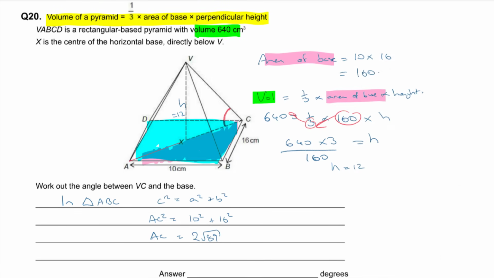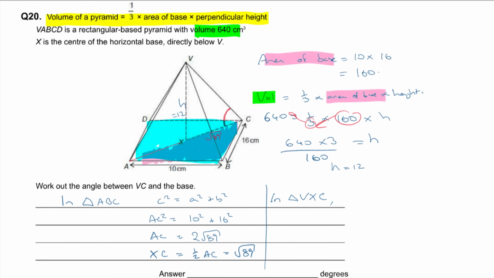But I don't want AC, do I? I want XC, and that's half AC, isn't it? So XC is going to be half AC. So that's just going to be root 89. Okay, so now I know this side here, from X to C, is root 89, and then I've got a height of 12. I can use trig in that triangle now, can't I? So now I can switch to triangle. So in triangle VXC,